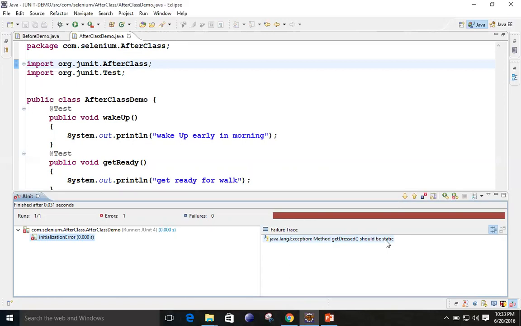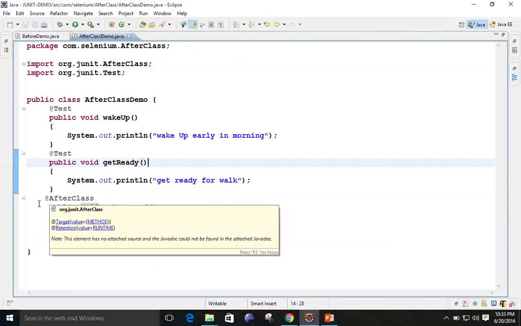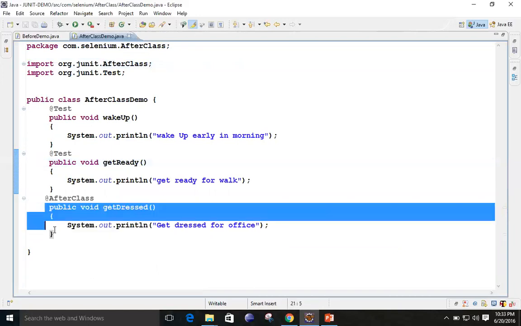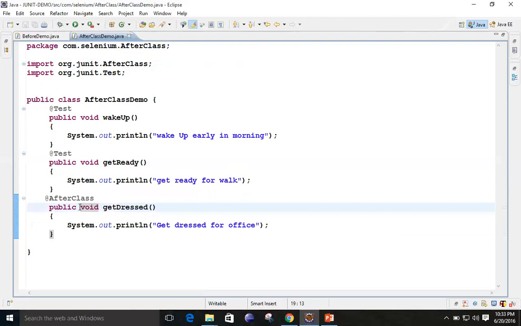Why should it be static? Because you are executing this after the class. There is no relation between this method and the remaining test cases. Whether you are executing before class or after class, after class means closing of the class, before class means before opening the class.